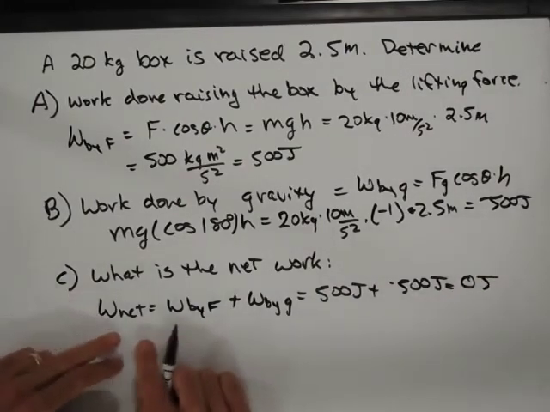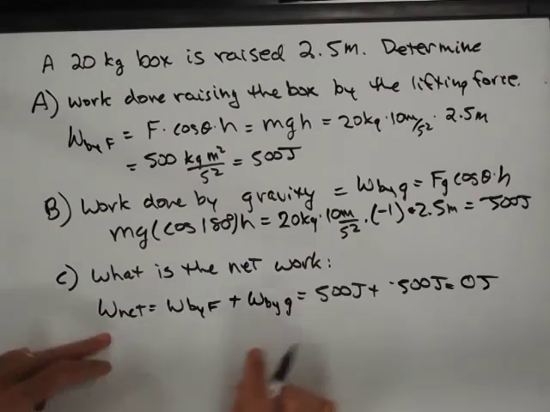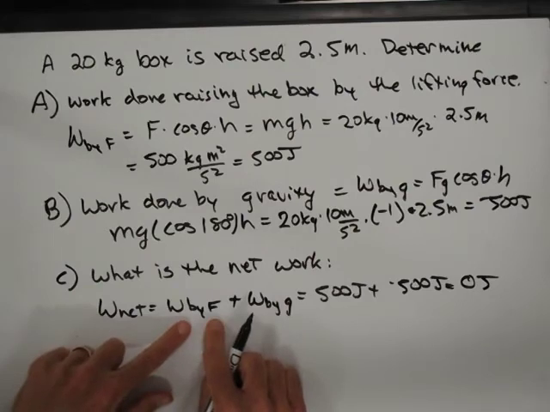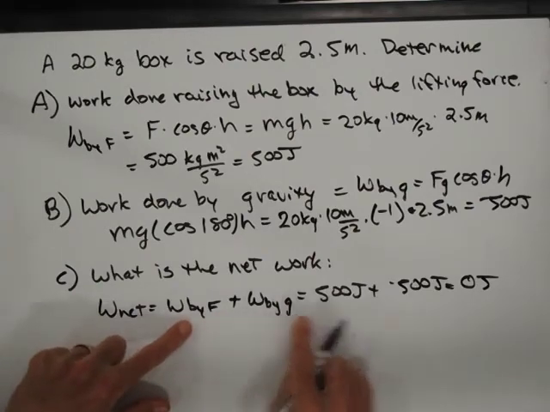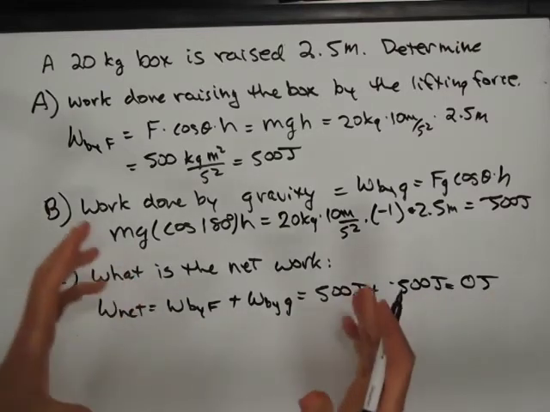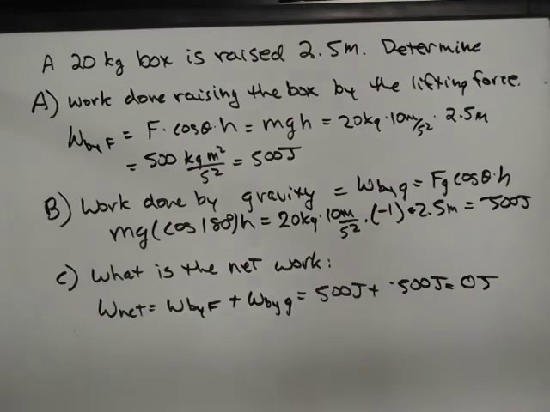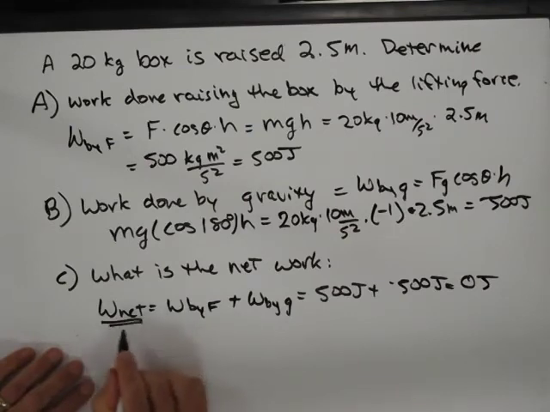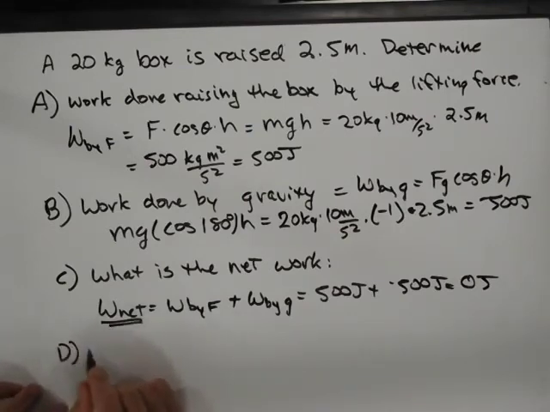So the net work is just all the forces that are acting on it. How much do they do? Well, the work done by the force I exert on it is 500 joules, plus the negative 500 joules that gravity is doing, is 0 joules. And when I raise it up, it comes to a stop. I raise it slowly, and so it gains no real kinetic energy in that process, and so the net work is 0. And then I can say D